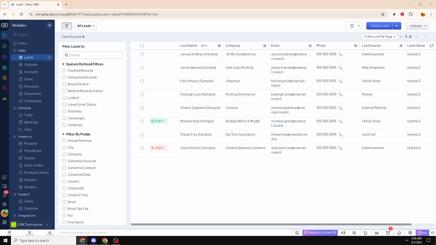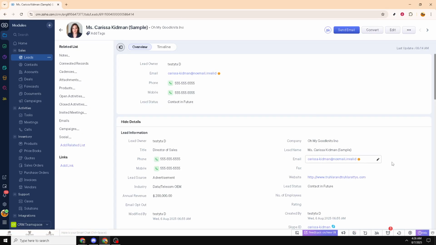Next, it's time to choose a specific lead that you want to assign to a team member. Browsing through the list, select a lead by clicking on it. This will bring up their detailed profile where you can see all the relevant information and interactions associated with them. Knowing your lead and understanding their needs is crucial for assigning them to the team member best suited to handle